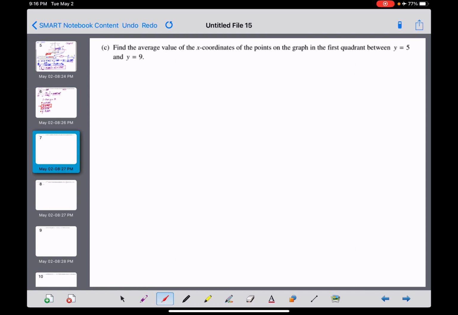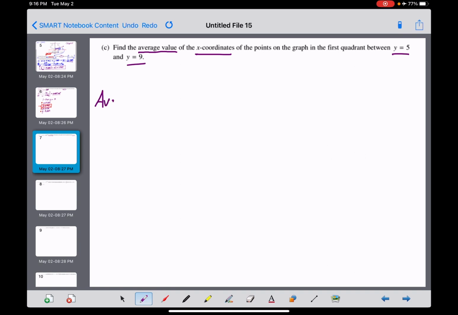All right, and on to C. This was an oddly worded question and not really one that we've seen very much. We're supposed to find the average value. Right then, you might hopefully say, oh, okay, I know a formula for average value. But now let's take a look. Average value of the x-coordinates of the points on the graph in the first quadrant between y equals 5 and